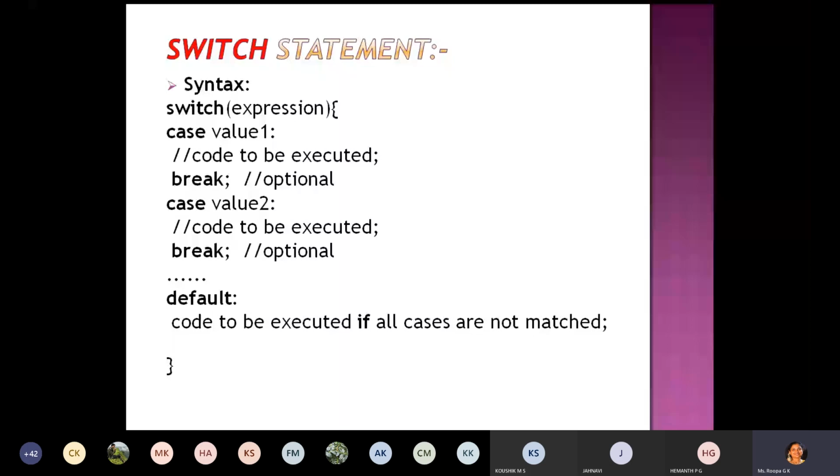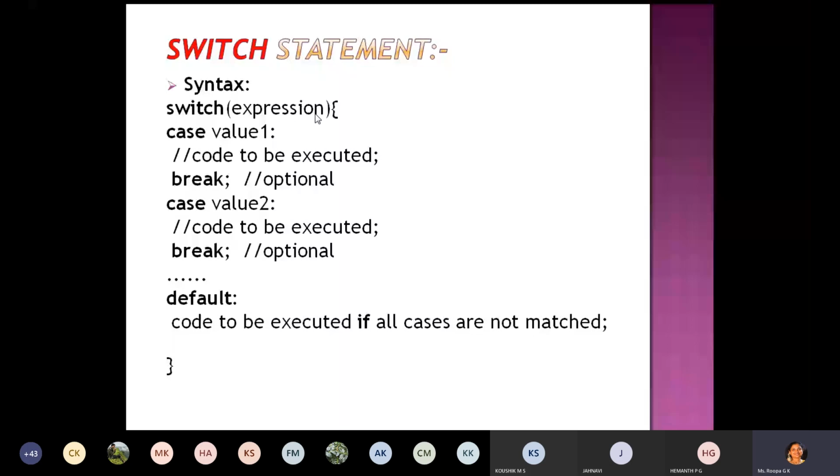Search and map means first the expression will be evaluated, then depending upon the value, a particular case will be executed. So expression, something like a less than b or something like that.